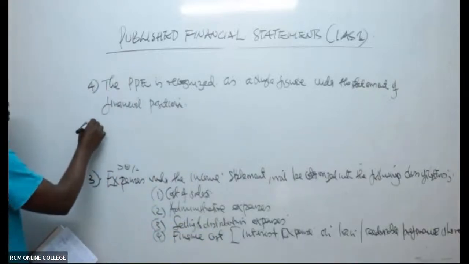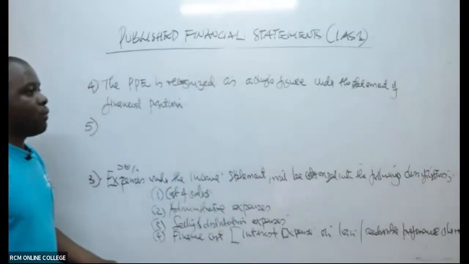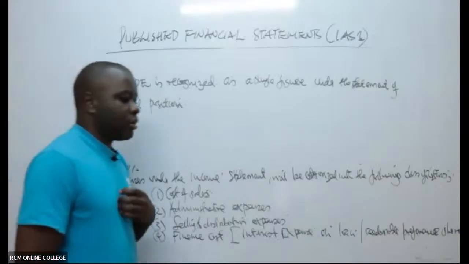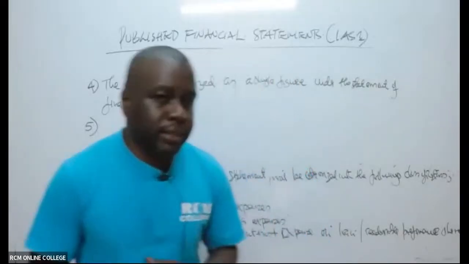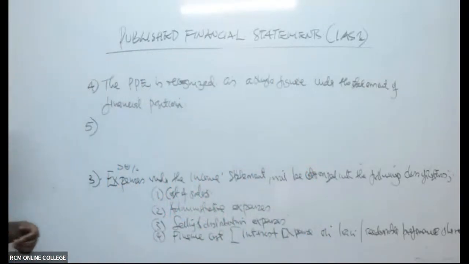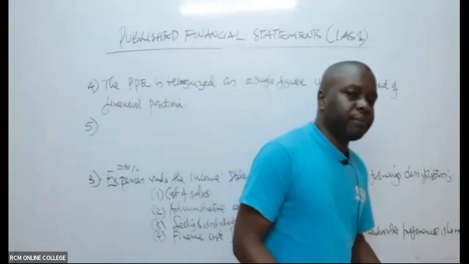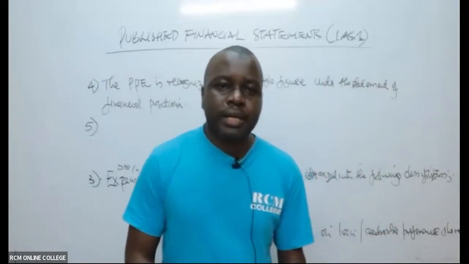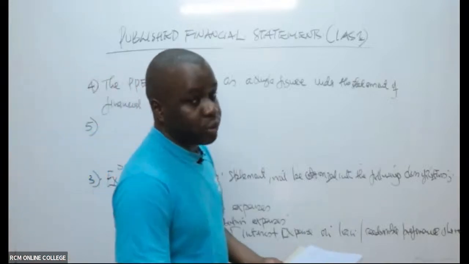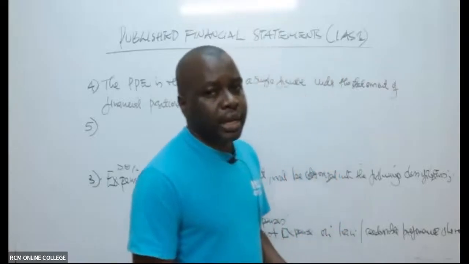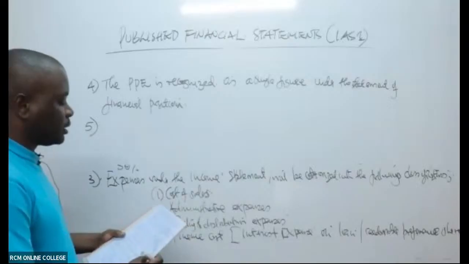Then there's something we learned about under income taxes. Income taxes, if you can recall, we learned about the current tax, and of course the deferred tax. So the deferred tax will be recognized as what? As a long-term liability, because deferred tax is simply tax that will likely be claimed from the company in future. But the current tax is simply the tax you're having to pay in the current year. So the current tax will be a short-term liability. But the deferred tax will likely be a long-term liability. So you must take note that under published financial statements,